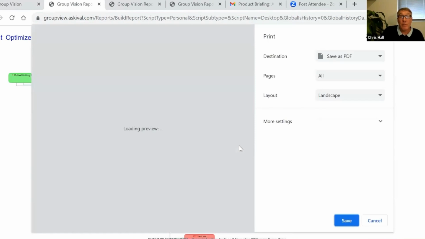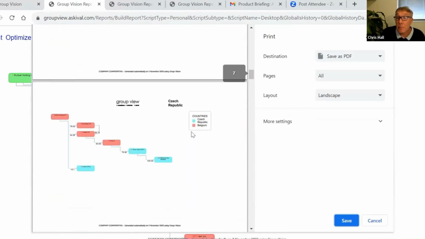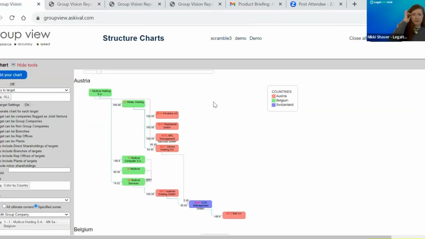It's nice because then you've got a very nice booklet of one chart per company. And if you've got 50 or 60 pages, and this really took a long time before, so we know that people can save a lot of time here. We're proud of this feature. And I can see for tax professionals or lawyers in tax it would be incredibly helpful. It was, and even just for the directors, just for the board, people that aren't necessarily specialists,